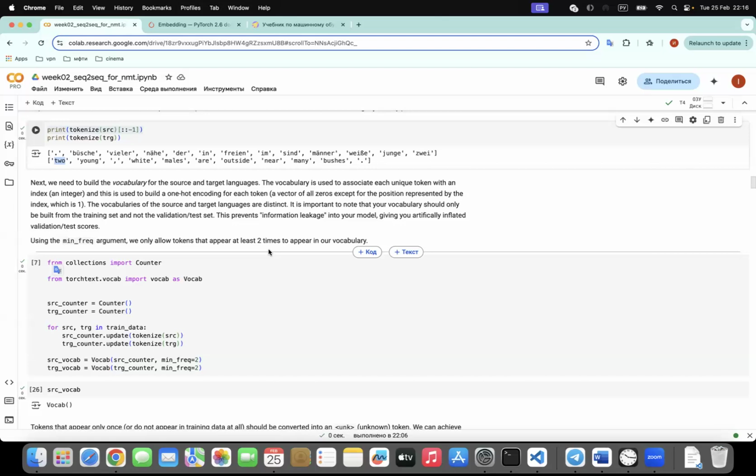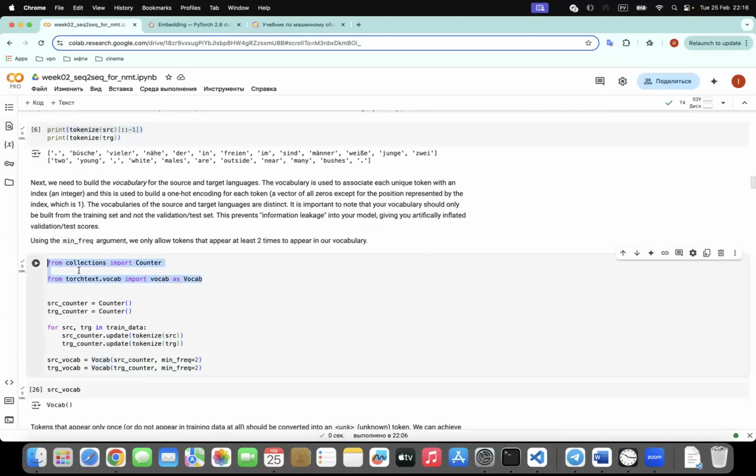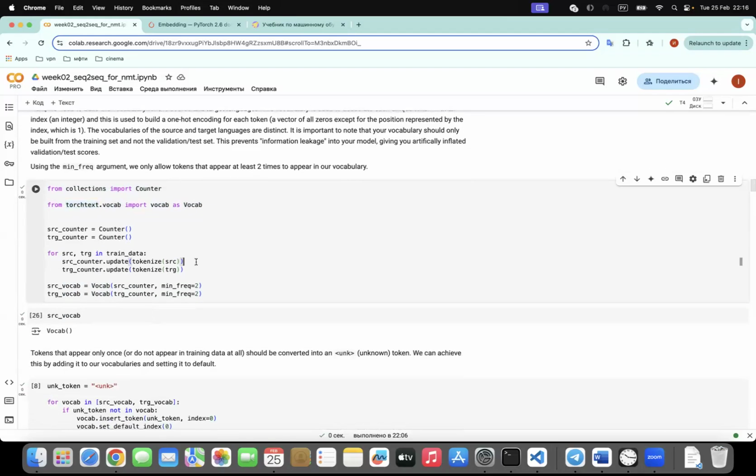It's when you have a vector of all zeros, but one position, represented by the index, equals 1. We can just make it with a counter and vocab from torchtext. So let's make it, and here we have, for example,